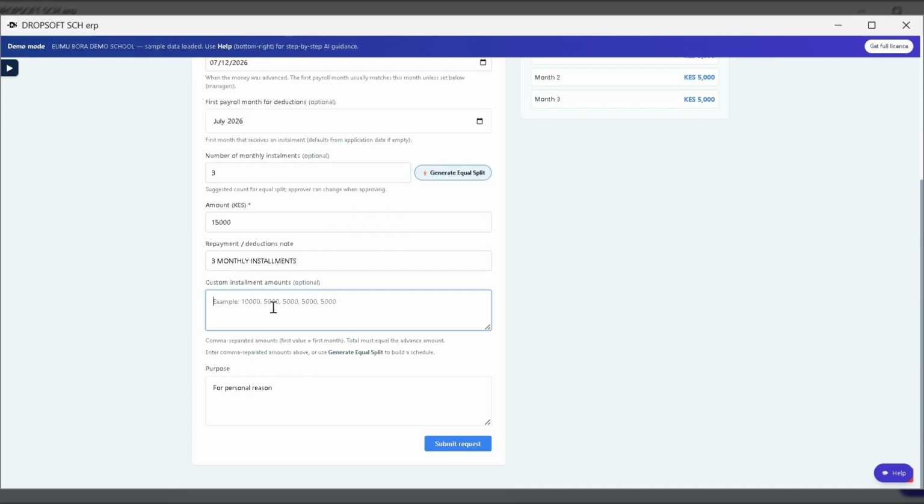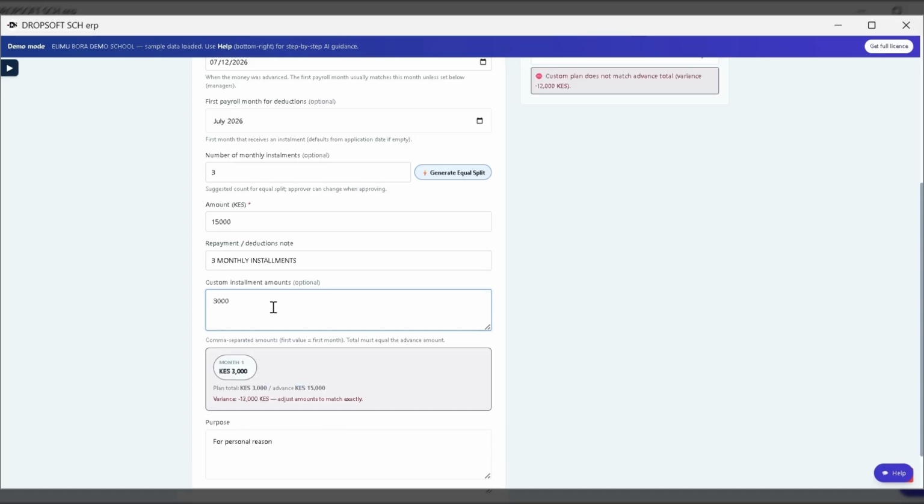This flexible approach benefits both the organization and the employee by maintaining financial accountability while accommodating genuine repayment needs. By automating installment tracking and payroll deductions, DROPSOFT ERP minimizes manual calculations, reduces errors, and ensures complete transparency throughout the